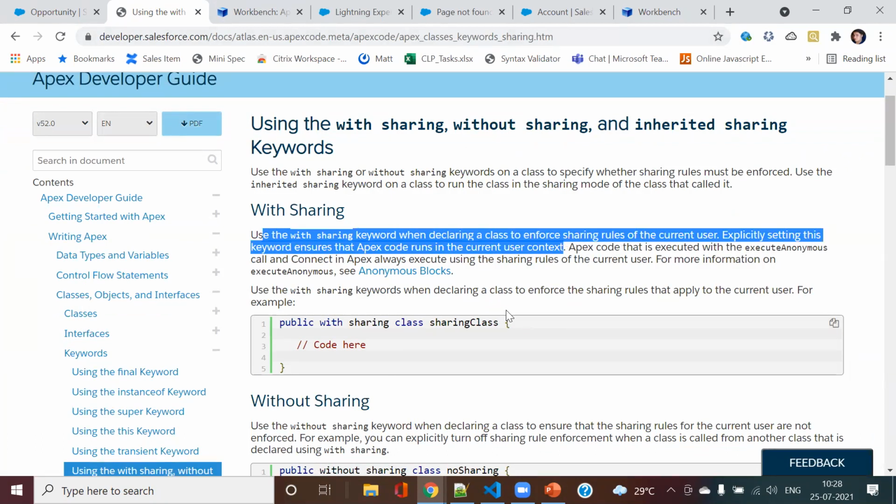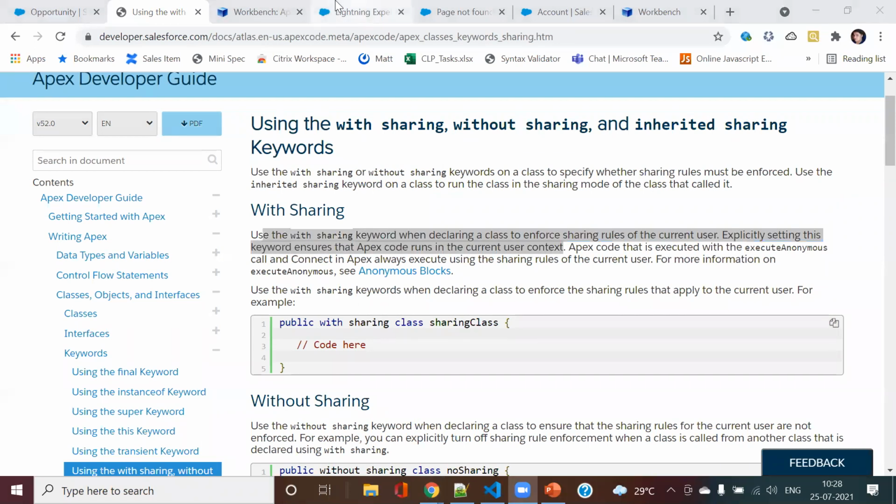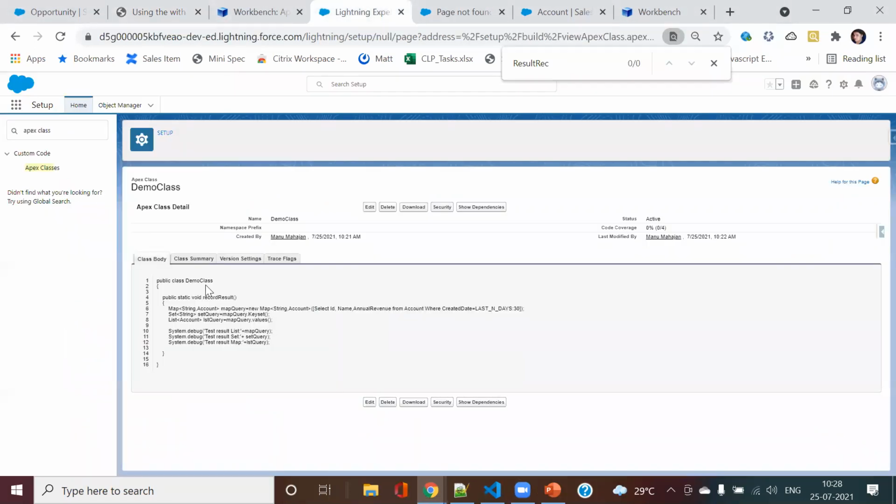Whenever you use the with sharing keyword, it will run in user context mode. Without sharing, it will always run in system mode. So this code currently is in system mode. And I believe security and all of this was covered very well previously by Animesh, so those things are applied here, like field level security, FLS, all of those things.